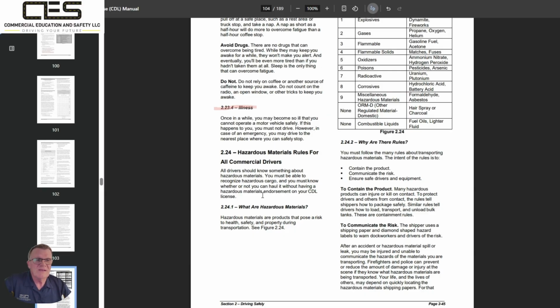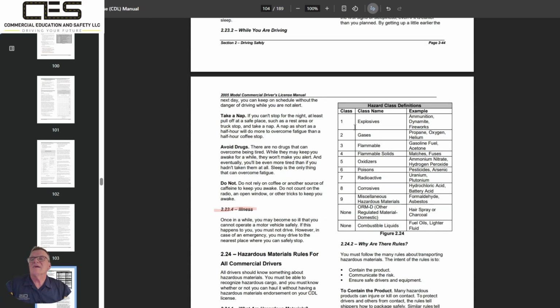And usually it's going to be listed on your bill of lading. The shipper has a responsibility to inform you of that, and they're responsible for giving you placards. Get the placards, put them on your trucks. If not, you get your placards. A lot of trucks have flip-out placards. Getting the hazardous material endorsement is at a later time. The different classes you have are 1 through 9: explosives, gases, flammable solids, oxidizers, poisons, radioactive, corrosive, miscellaneous hazardous material,